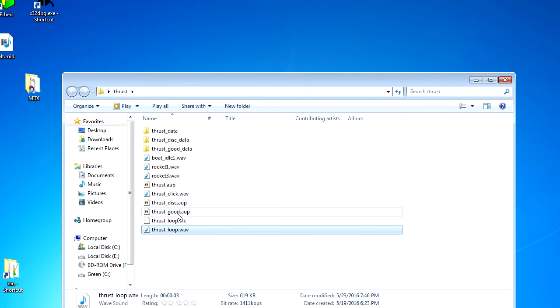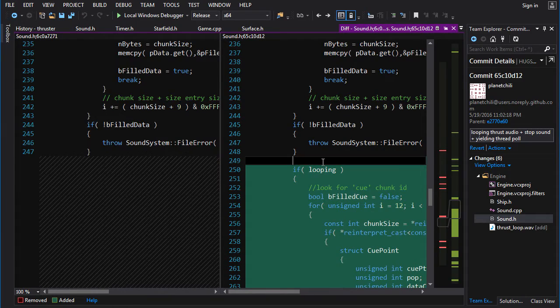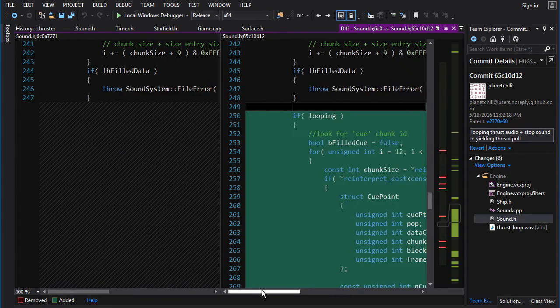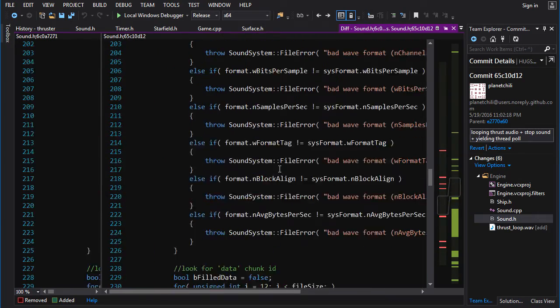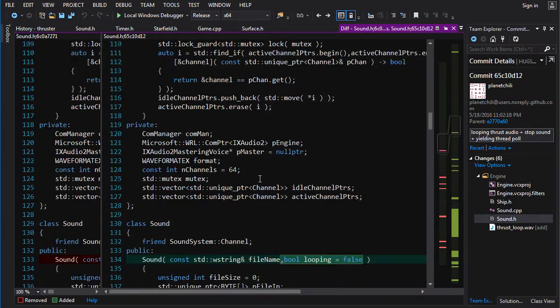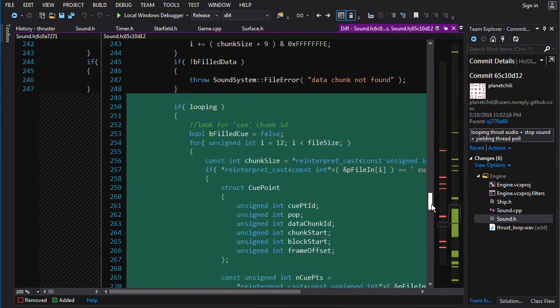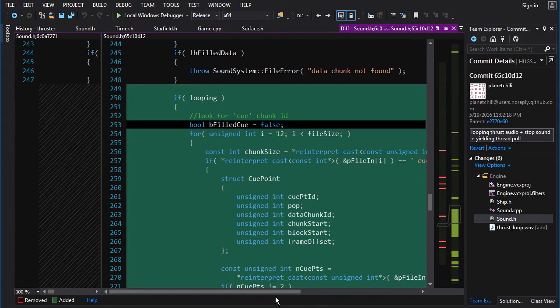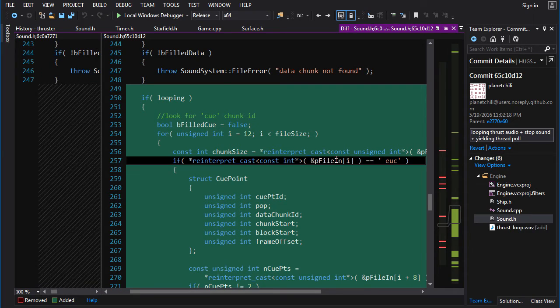Not save. So anyways, like I was saying, Q chunk contains our data. So what we want to do is we want to load that. That's what I do here. First, I change the constructor. I allow you to specify in the constructor whether or not you're looping. And if you are looping, then we search for the Q chunk point. This is the same procedure as searching for the other chunk points. I'm not going to go into it again. If we find the Q chunk point,